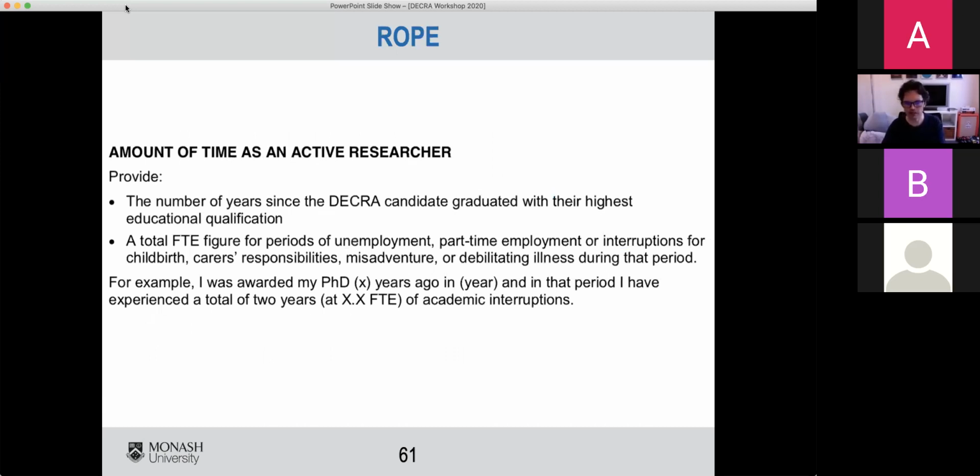I was awarded my PhD X years ago in whatever year it was. And in that period, I've experienced a total of 2 years of academic interruptions. So this is the example that the ARC give you. I would tack on a following sentence, which then says, I have therefore had XX FTE as an active researcher. Just that flip side of the information that they're providing you an example. Just make it as easy as you possibly can for the panel to understand it.